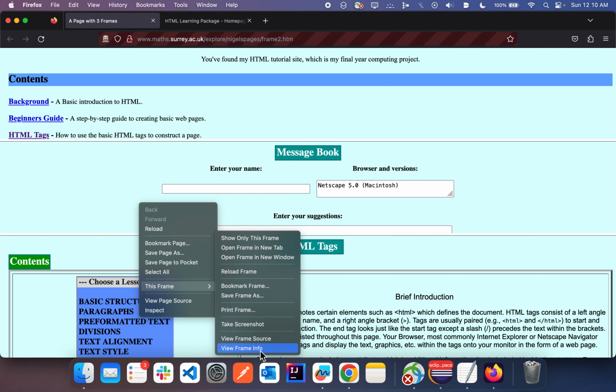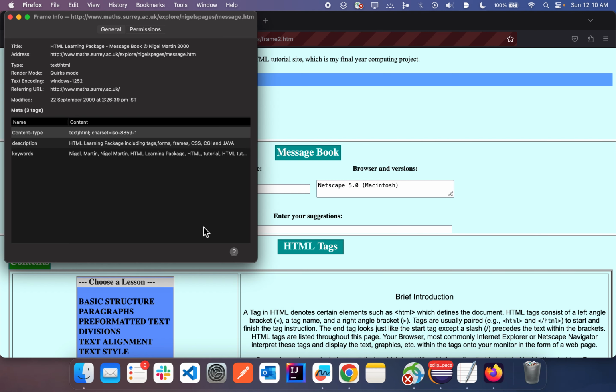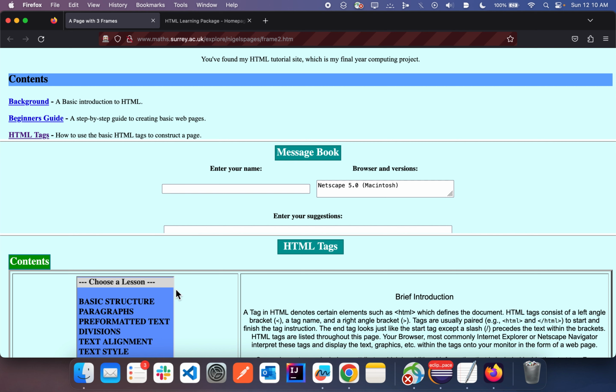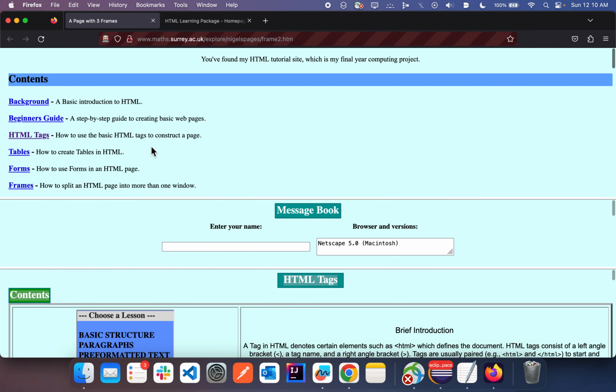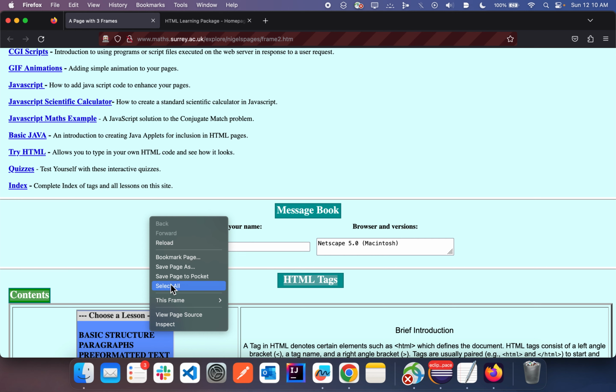View frame info. So this is the frame info that we have. So there are 3 frames in this. Within a page you can have multiple frames. Right, here I can see it like this. So what happens is,